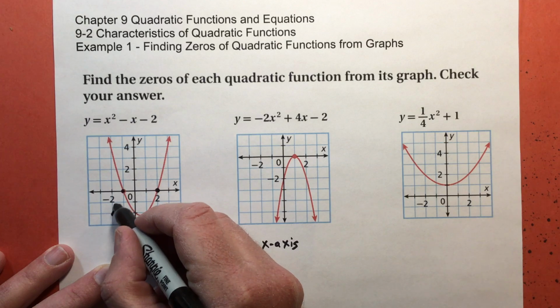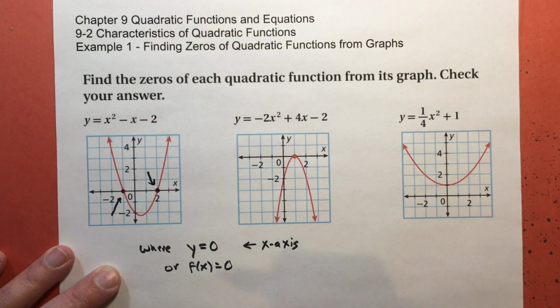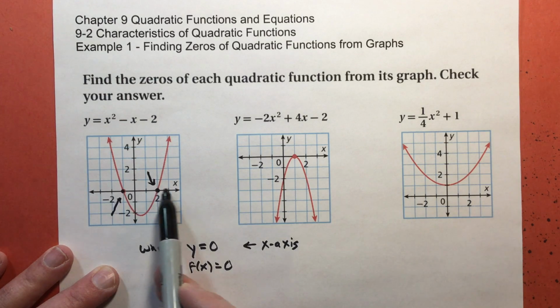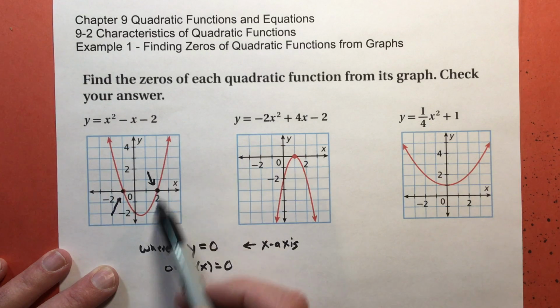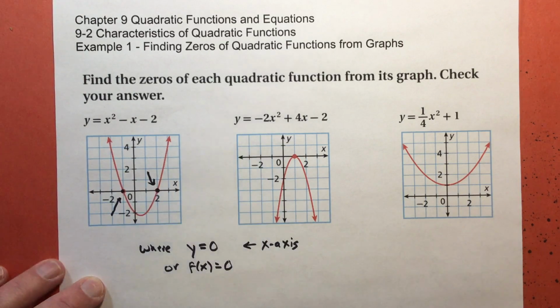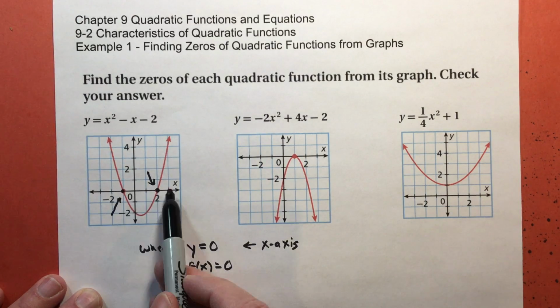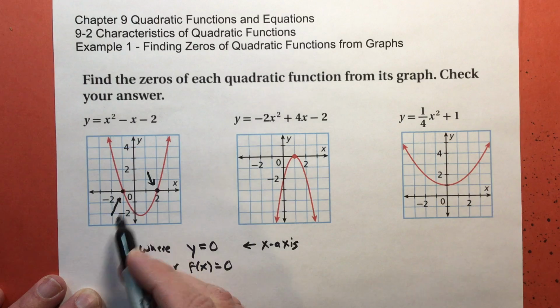And this is one of the zeros. And this is another 0. That's where it crosses. This thicker horizontal line right here is the x-axis. So where the red graph, or the graph drawn in red, crosses the x-axis is here and here. Now, for the zeros, all I need you to do is tell me what the numbers are. So where does this cross the x-axis? It crosses at -1